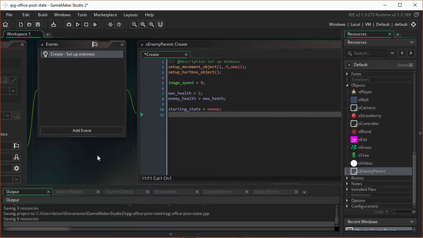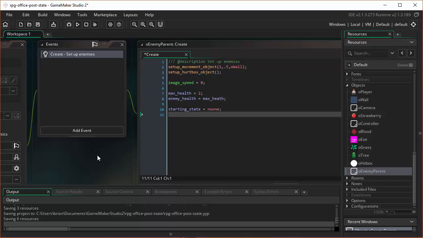which will allow us to decide if we want a given enemy object to be in any state when it starts. Because if it's in no state, nothing will happen. It'll just sit there, right? And what we're going to use this concept for is that initially our enemy is not going to be in a state, and we're going to run an alarm that will go off, and once the alarm goes off, we will transition our enemy from no state into some state,